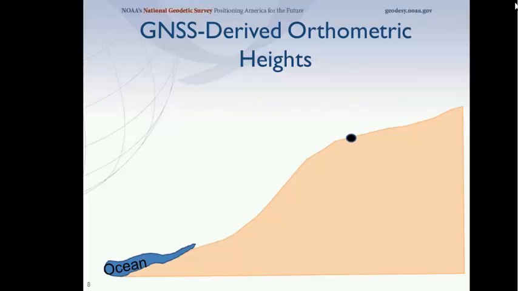In the past, what we would tell you is, okay, now what you need to do is go and level to nearby benchmarks, tie into those, and do an adjustment, and that will give you the highest accuracy possible for an orthometric height at that station. In the future, what we will be telling people is instead, they'll set up a GNSS receiver on that mark,